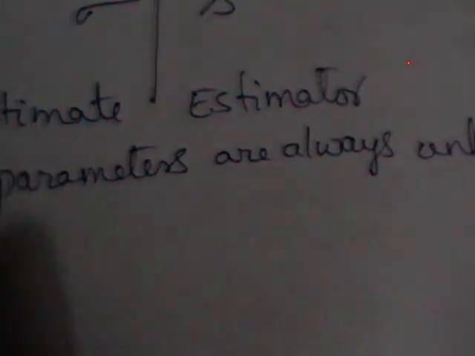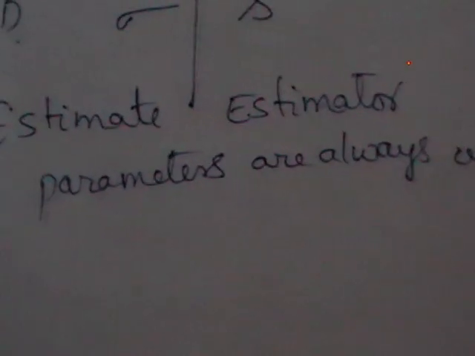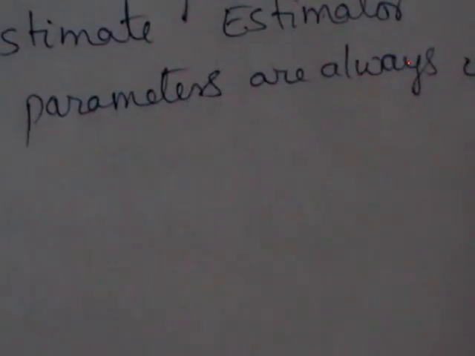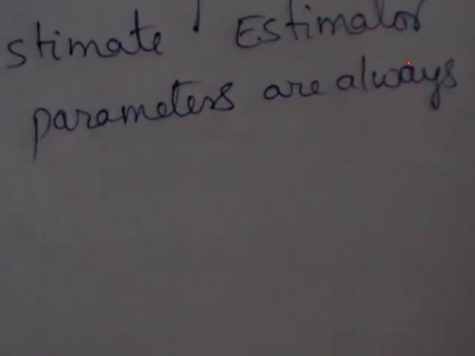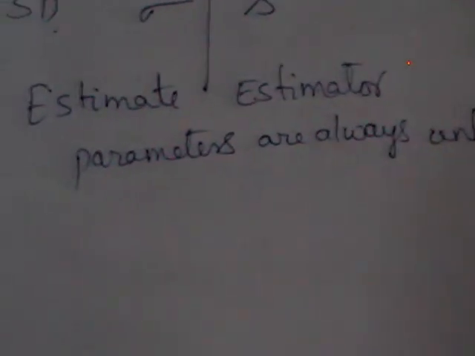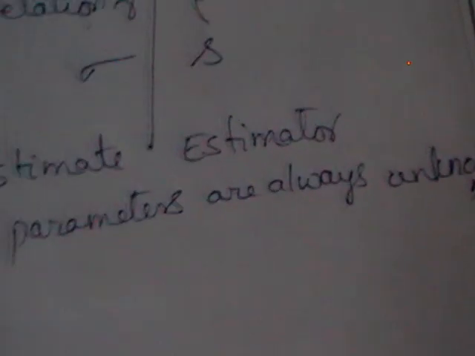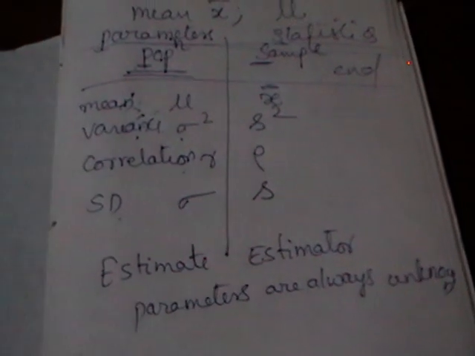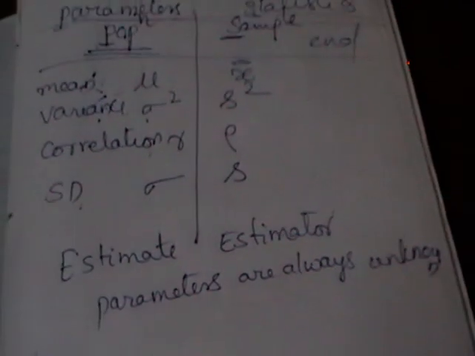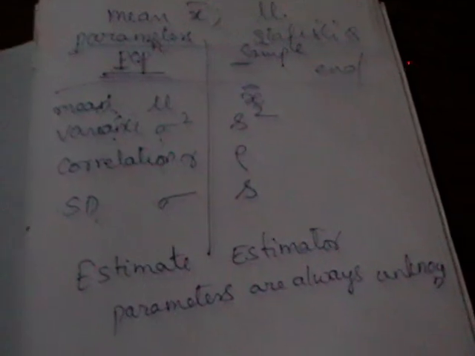So now we came to Unit 4. Just now the title is being introduced. All this is nothing but introduction. Whenever we have unknown quantities, in general, unknown quantities are to be estimated. As parameters are unknown to you, the parameters are to be estimated. Those can be estimated by corresponding sample characteristics, which are called statistics. So whenever the parameters are unknown, we estimate them by corresponding sample characteristics.